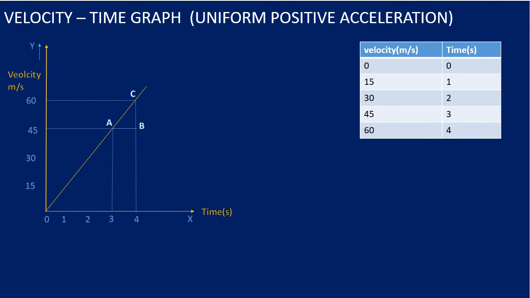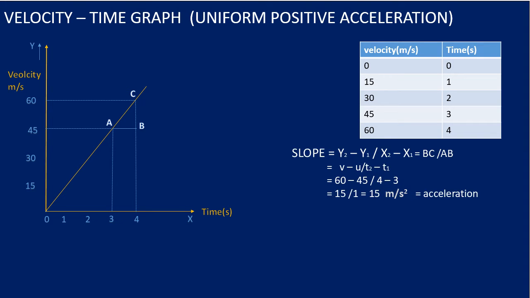You can see that this object is having a change in velocity of 15 meter per second in every second. So when we plot the graph for this data by taking time along the x-axis and velocity along the y-axis, we get a straight line that is passing through the origin. So this object is having acceleration. So we can find out the acceleration of this object at a particular time interval. How? Yeah, by taking the slope of the graph. So you know, children, how to take the slope. Take any 2 points, and here I have taken 2 points, that is A and C, and take the corresponding y values and the x values.